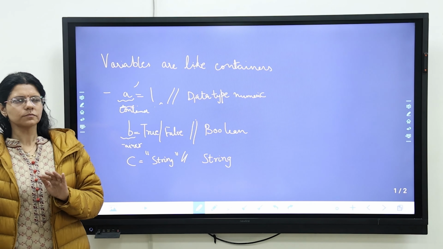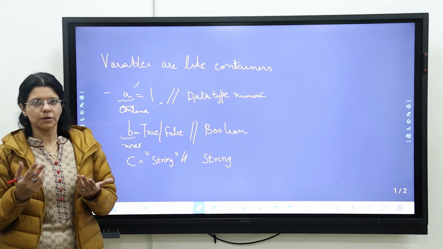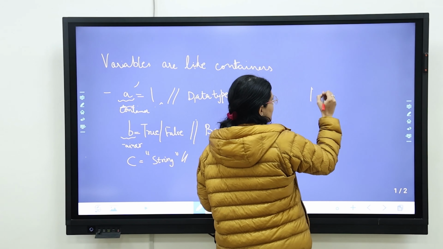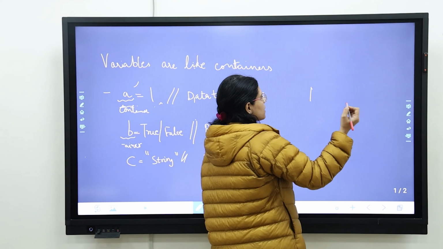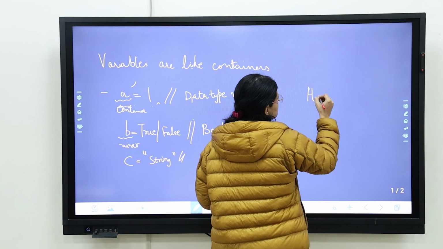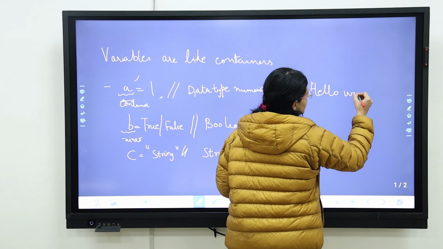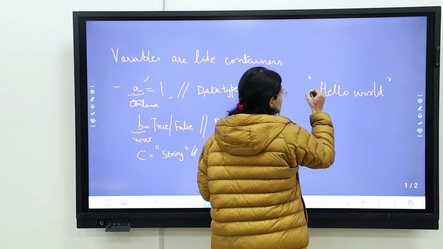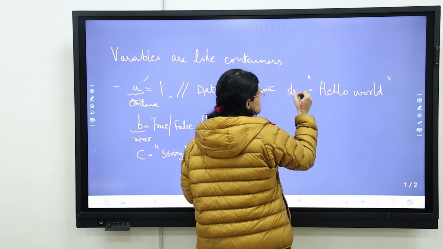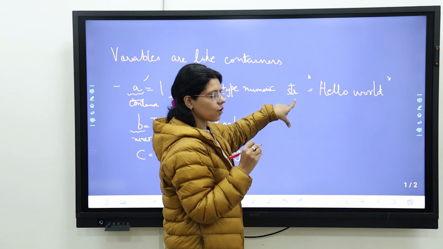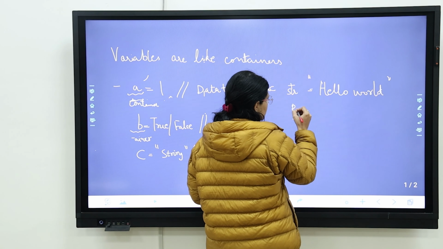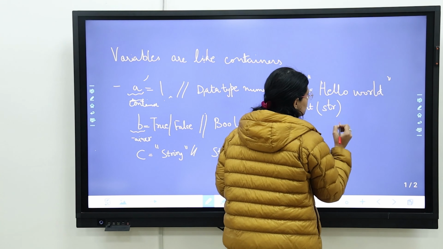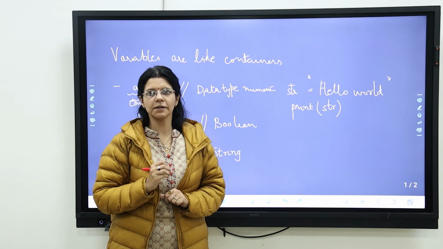Now we want to talk about how we use them in Python. Beginning with the first example, say for instance we want to write a string, hello world. That is the basic example that we want to write. So this is a string. We are going to assign it to a variable, say str. This is a container, this is a variable. And we are going to say print str in Python. So this is how it is going to print hello world in Python.